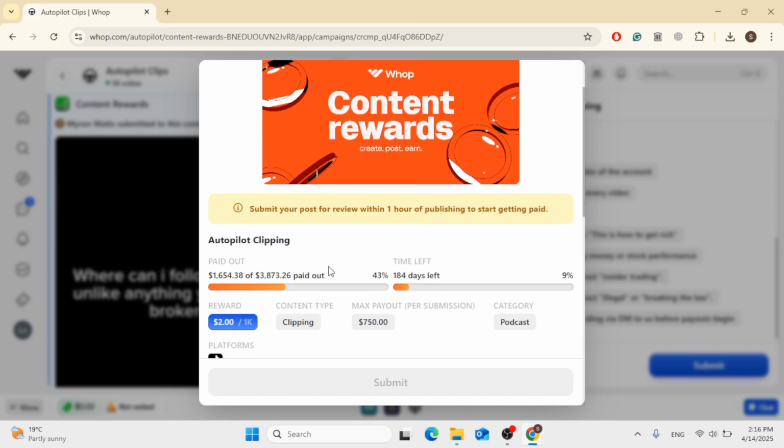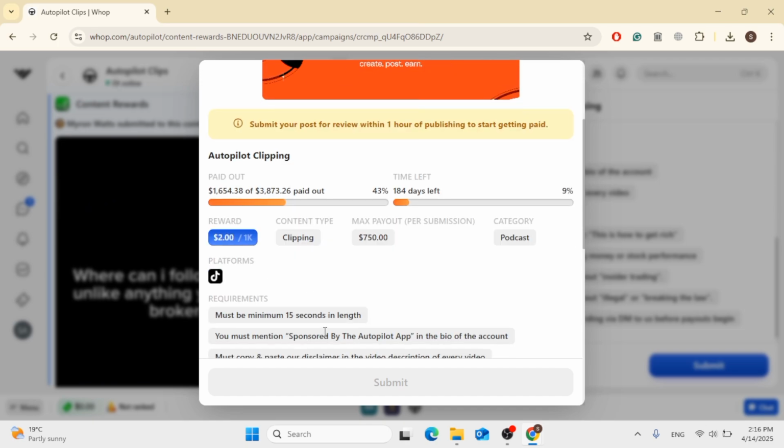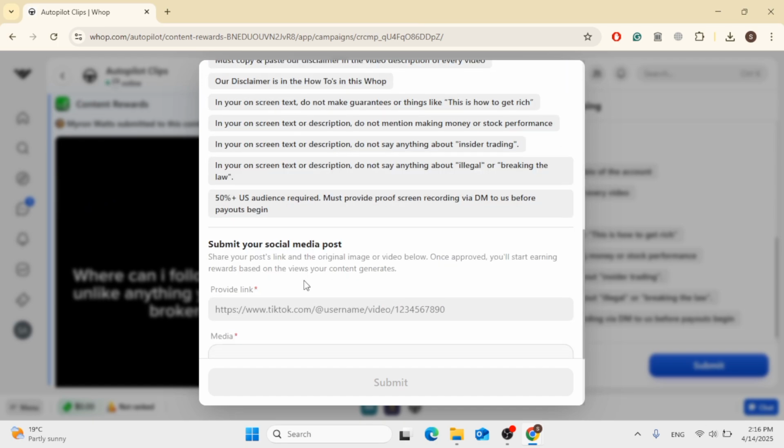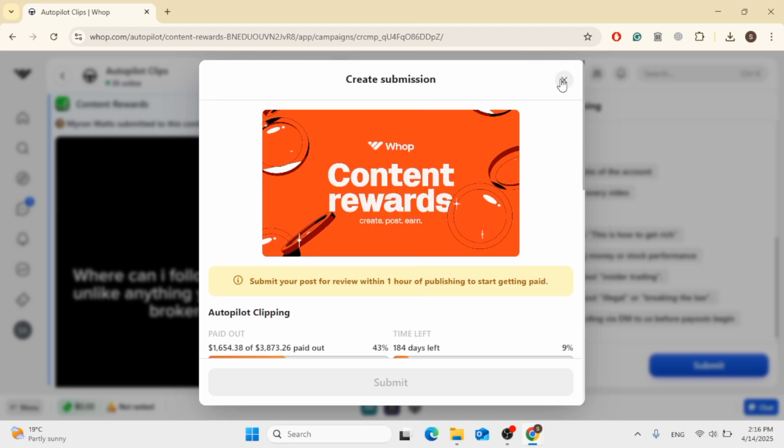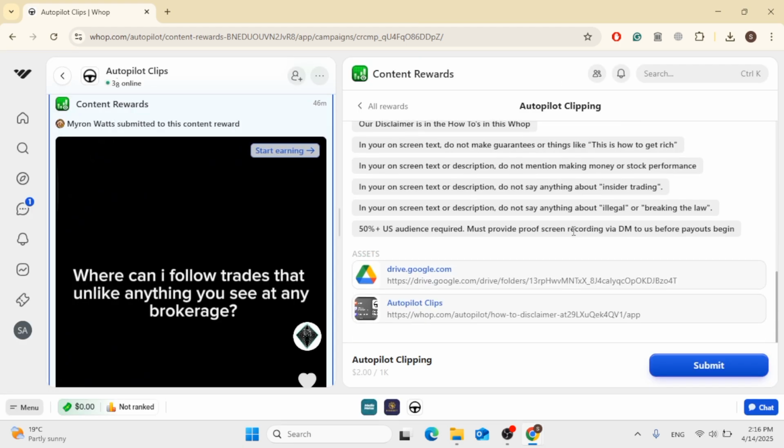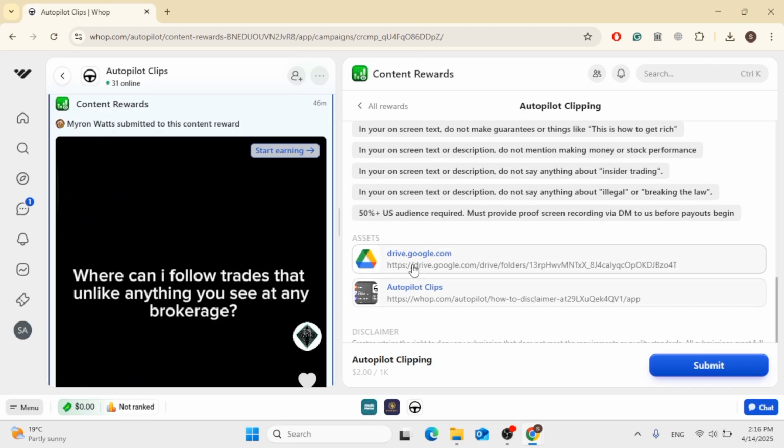And you can also read here the requirements of the clip, how it must be. When you're done clipping, just post the TikTok link and post the video you have created. Let's go ahead and see where are the videos. You can find them